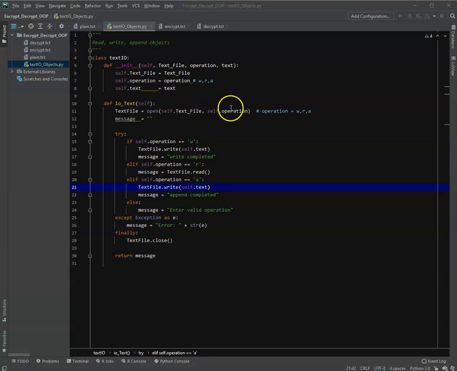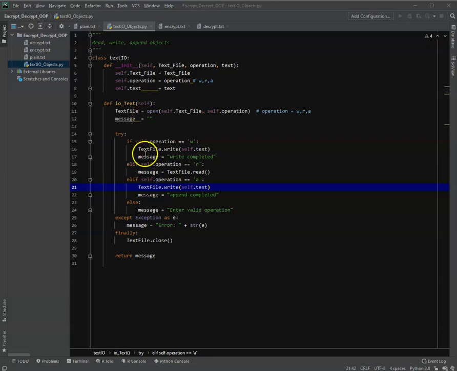We need those two right off the bat. We need to know what is the text file we're working with and what is the operation we're going to be doing. You'll notice on line 12 we have a variable called message. We assigned it an empty string value, and that's because we don't know what we're doing with it yet. Okay, lines 15 through 24, embedded inside of a try except statement, we have our if-else